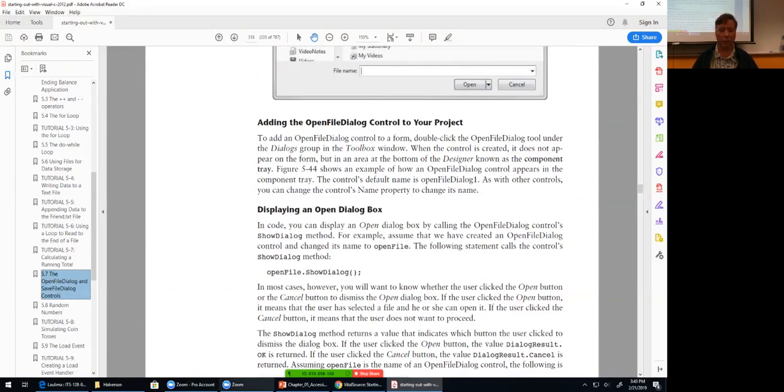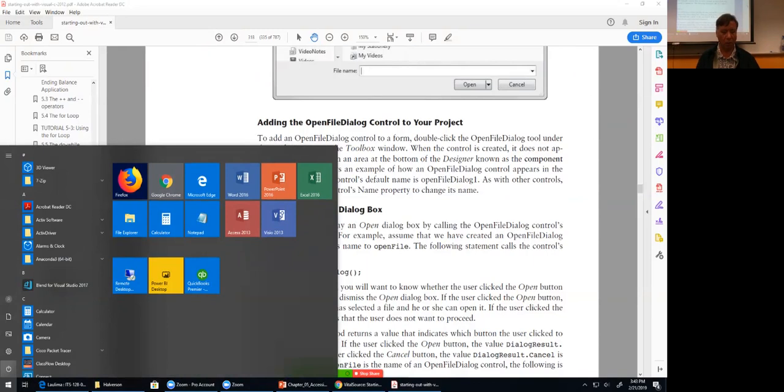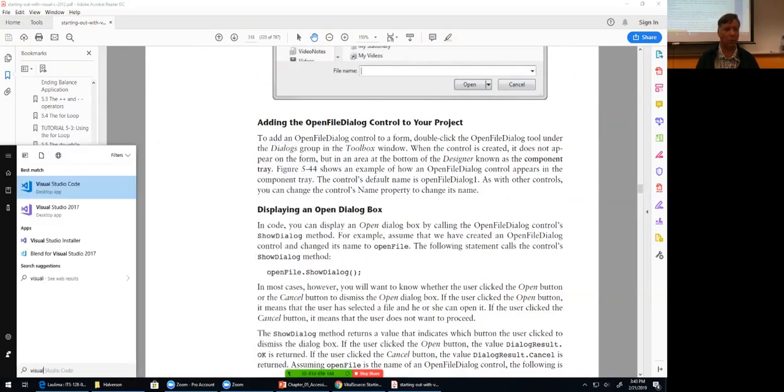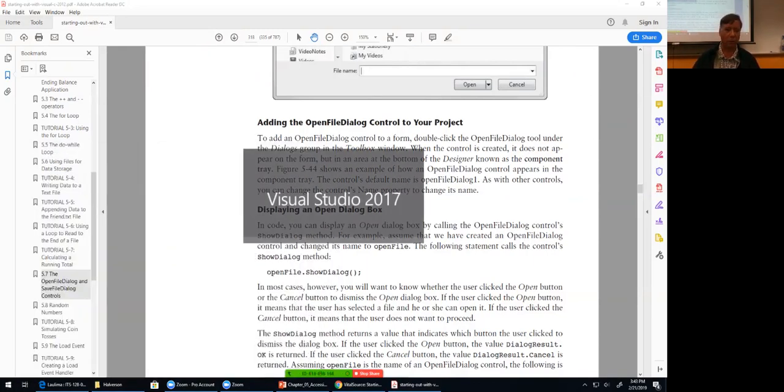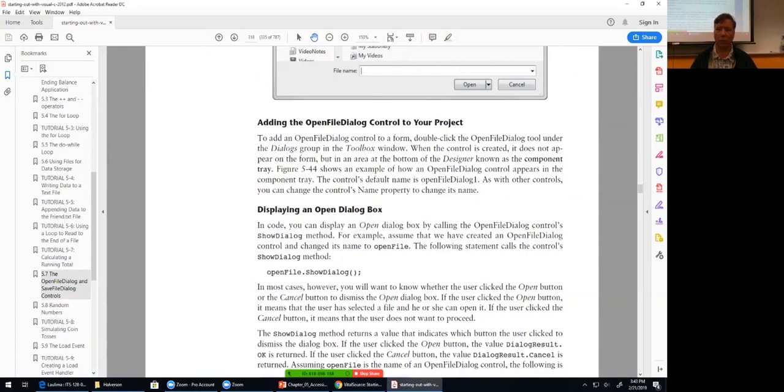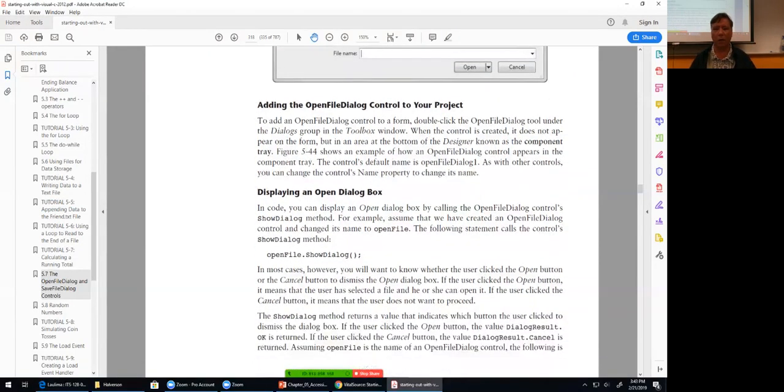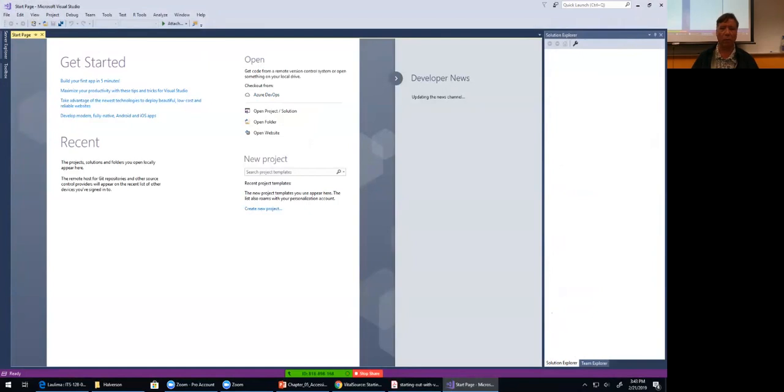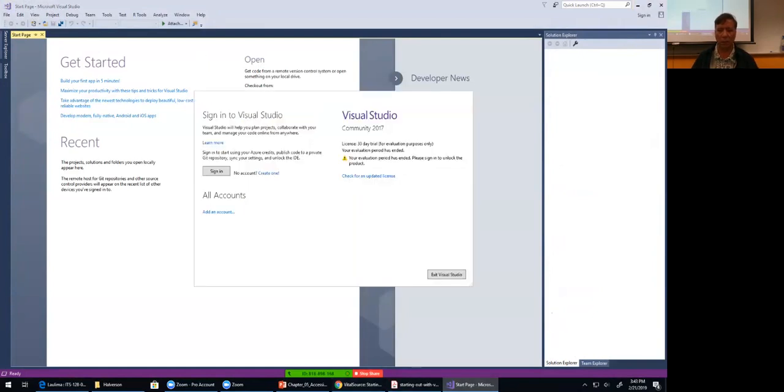It'll be in the dialogs group. You can drag it over onto the form, but you're not going to see it on the form. You're going to see it down